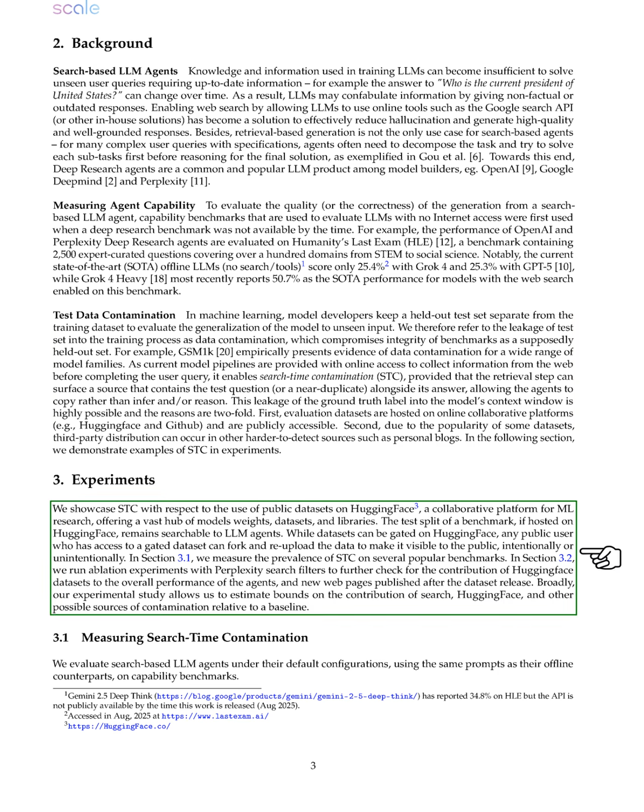In our experiments, we highlight STC using public datasets from Hugging Face, a platform for machine learning research that hosts numerous models, datasets, and libraries. If a benchmark's test split is on Hugging Face, it can be found by large language model, LLM, agents. Even if datasets are restricted, any user with access can fork and re-upload them, making them public, whether intentionally or